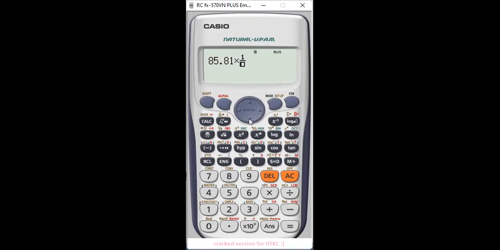For this we have to push this button, that is here, the cursor sign. This sign shows you we have to push the cursor above. This sign shows you we have to push the cursor on the left side. Then this side shows you we have to push the cursor on the right side. Then this sign we have to push the cursor downside. So we have pushed the cursor downside for writing x.